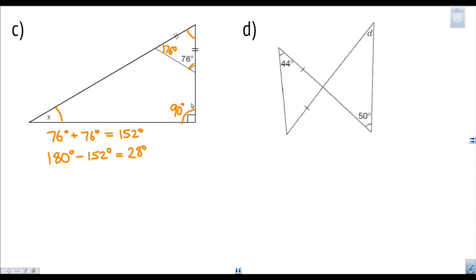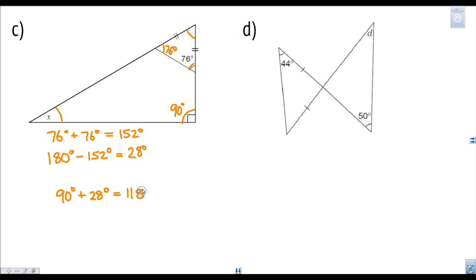So what I'm going to do is, I know that top angle here is 28. This one here is 90. So now I can use those two angles to help me find x. So I'm going to do 90 degrees. I'm going to add that to the 28 degrees. So that is